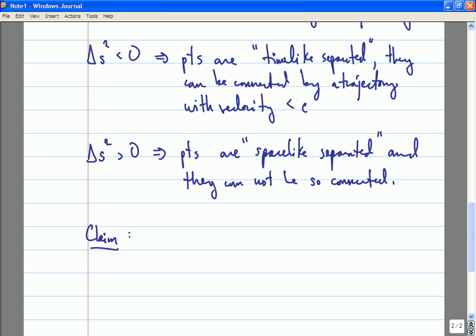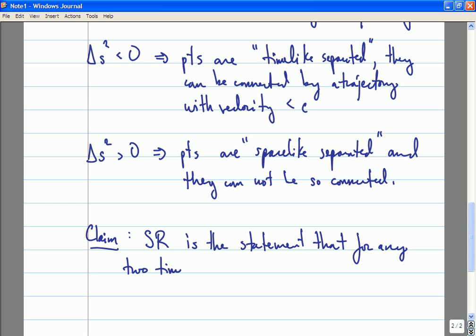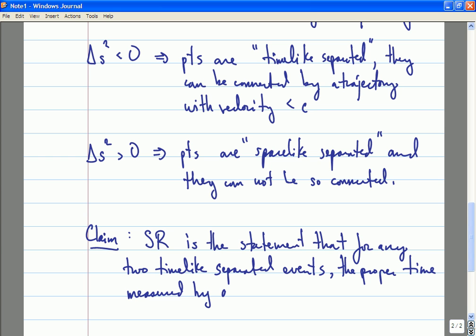So the claim that I made at the end of class last time is that special relativity is the statement that for any two time-like separated events, namely two events where delta s squared is less than 0, the proper time, which is to say the time measured by an observer moving at constant velocity between those two events,